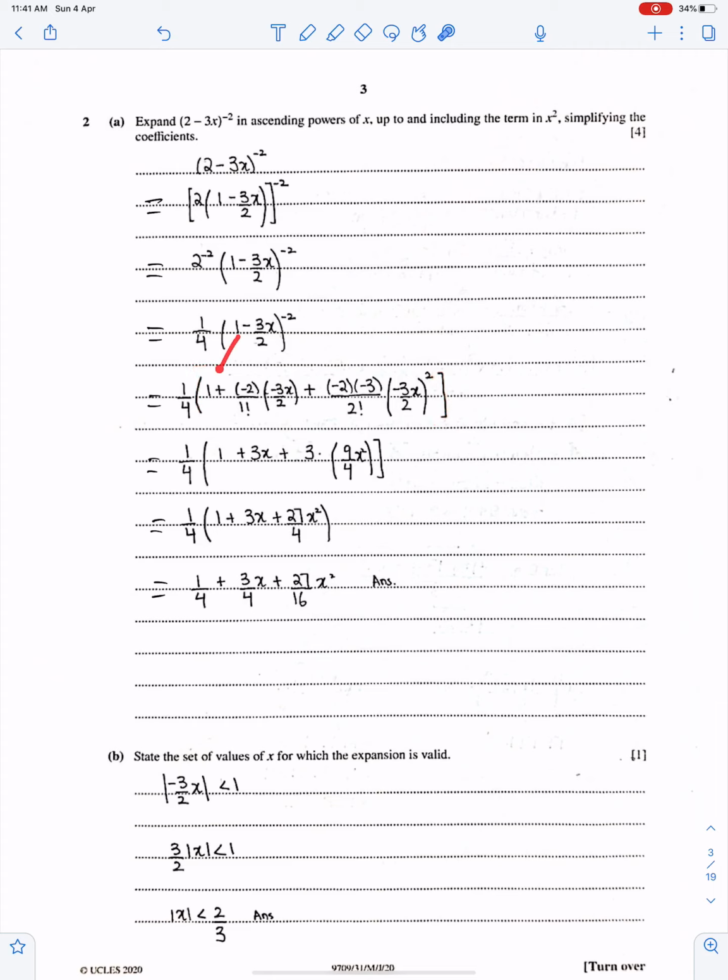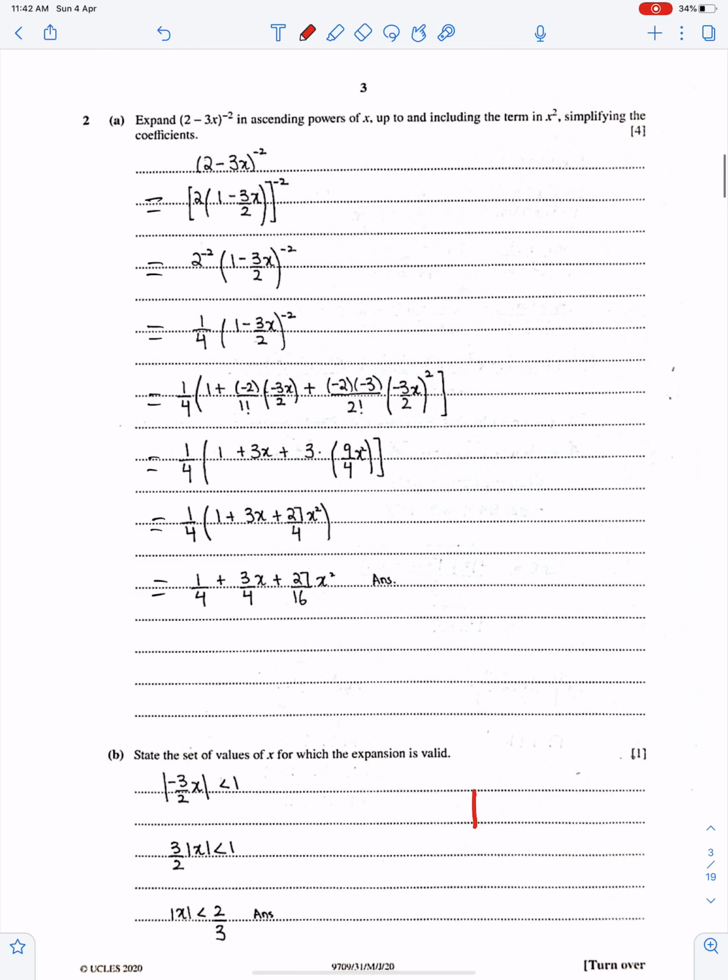According to the binomial theorem, copy 1 here, the first term, then use n upon 1 factorial, second term power 1. Then n into n minus 1 upon 2 factorial, second term power 2, and that's it, because you have to expand till x square. Now simplify this correctly. That's the final answer.